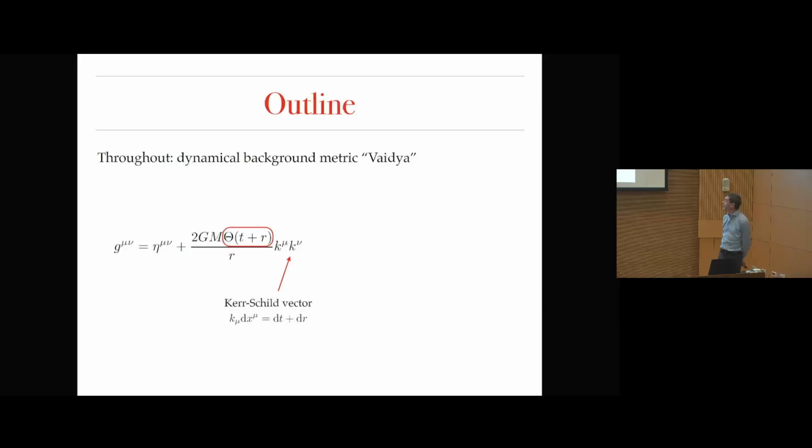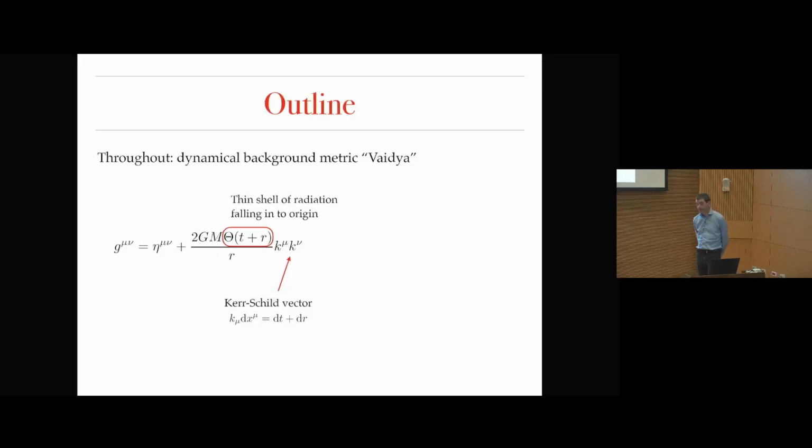Now this metric would be particularly familiar if that theta function was just 1. It would just be the Schwarzschild metric. And then we would all know that scattering a particle off this is related to the dynamical scattering process in some way. This would be the 0SF term, in our nomenclature. So, working in a background is not so unfamiliar to us. This background is a little bit more unfamiliar because it's time dependent. Obviously, there's this theta function in there that makes things a bit different.